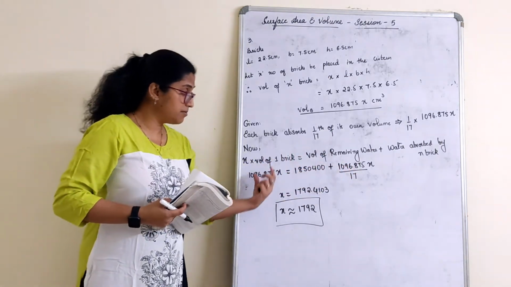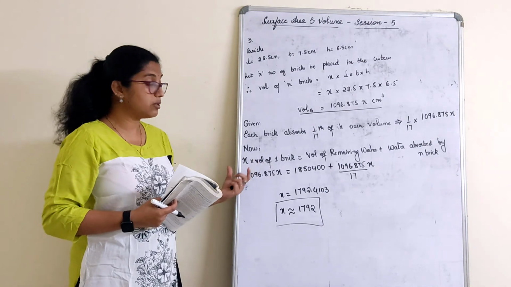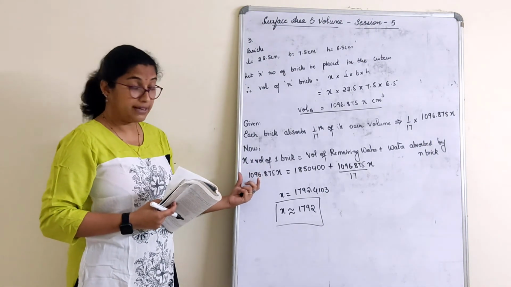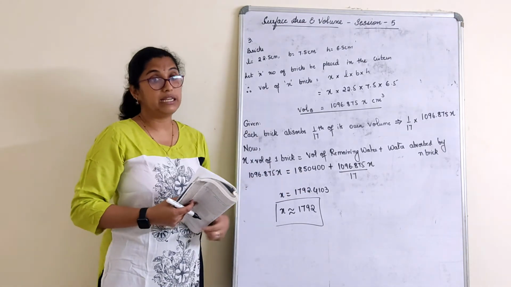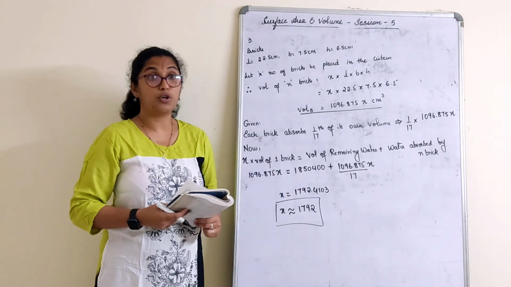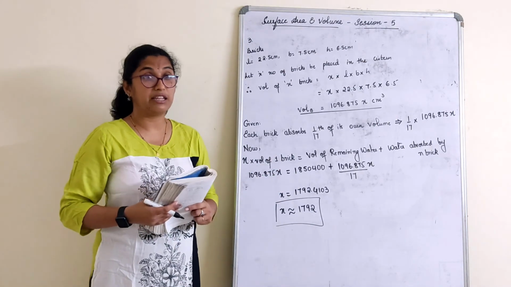Just shift this x term here, children. LCM would be 17. Multiply this by 17. You will get 2 x terms. So we have to subtract that actually. 17 gets cross multiplied with this. X is equal to, then division part. A long process what you have it over here. Actually a lengthy sum, what I can say, with lengthy calculations.